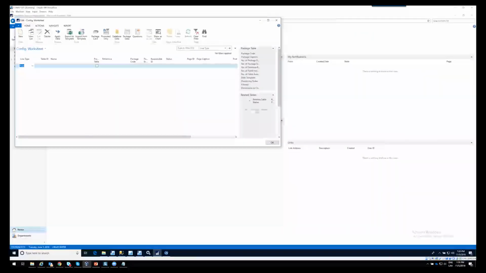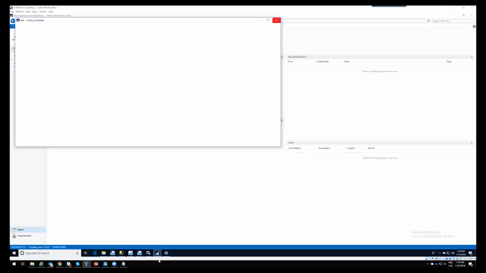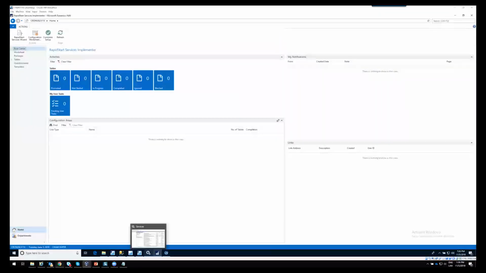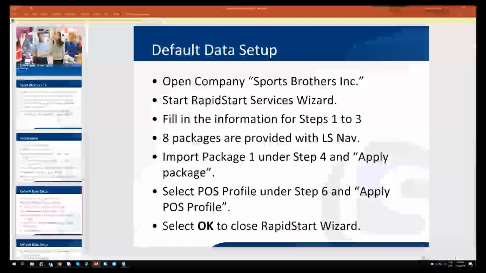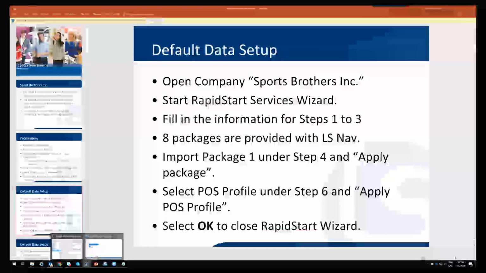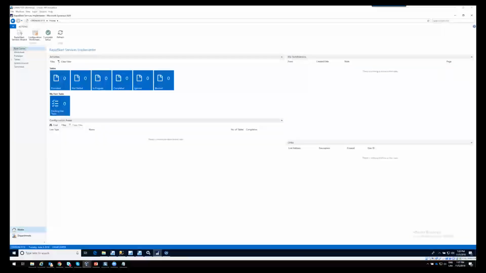Once you import all those packages, you're going to have many records in here, for example stores or items or everything related to the company or to the setup of this company. The packages are not on the latest release. I don't know why, but they should be there. And in here it's basically saying how to import and apply the packages. And what I was telling you is that the main reason to use this retail one, this rapid start services implementer, is because